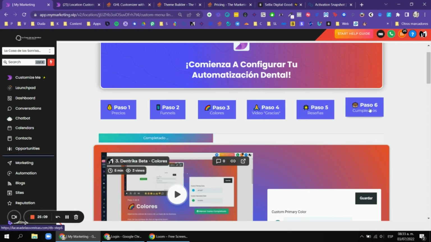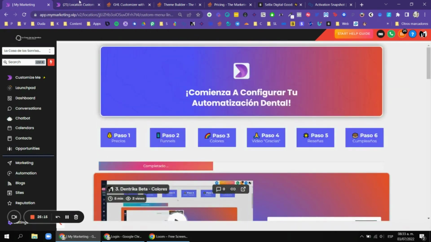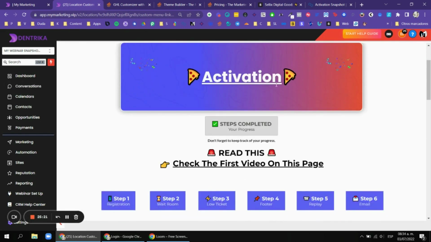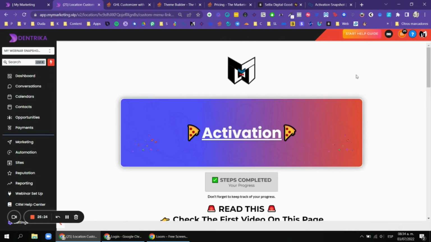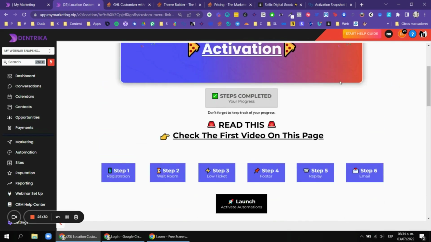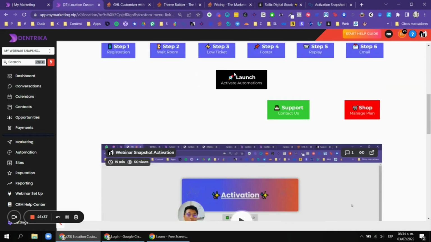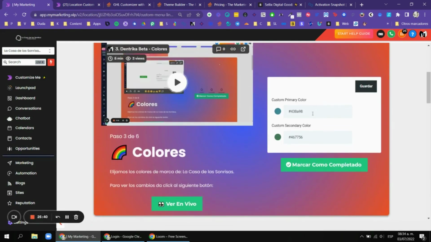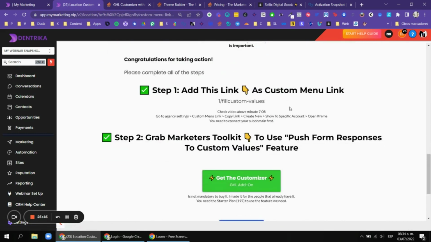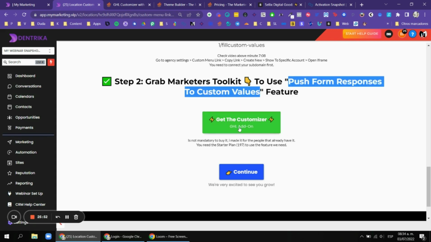And okay, so we have reviews, happy birthday, different campaigns, and this is a funnel that I use to make the onboarding easier. So yeah, I also have here the activation for the webinar snapshot. The webinar snapshot has like 40 custom values, and when I create a snapshot, I make this activation snapshot from the Pixels Academy, and it's like different steps to set up their webinar: create their account, set up their colors, their information, the webinar name, the registration name, and all with the Marketer's Toolkit software, the push form responses to custom values feature, and it's a high level